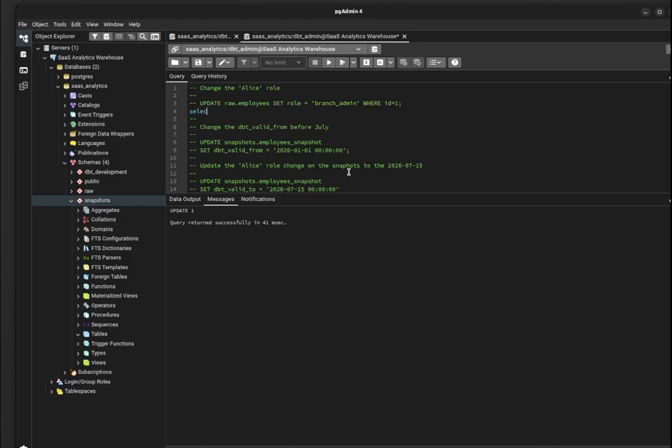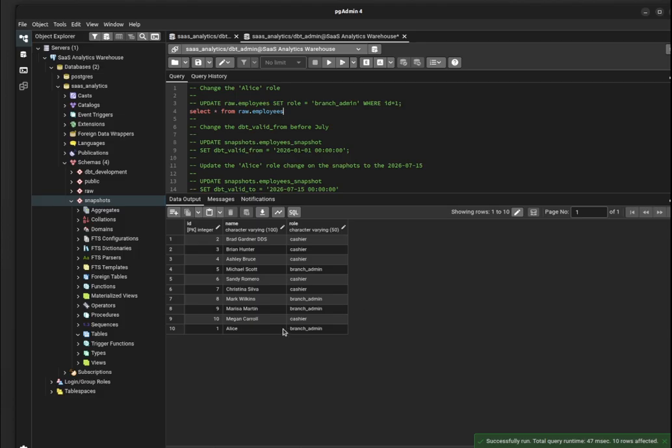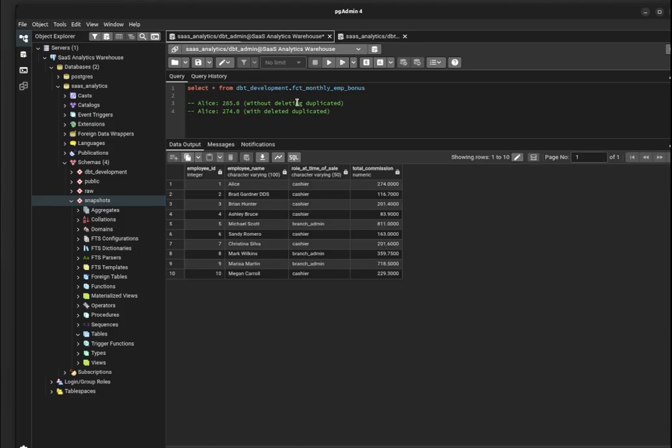Now Alice should have the role branch admin. That's correct. So if we check again the bonuses that the company should pay,